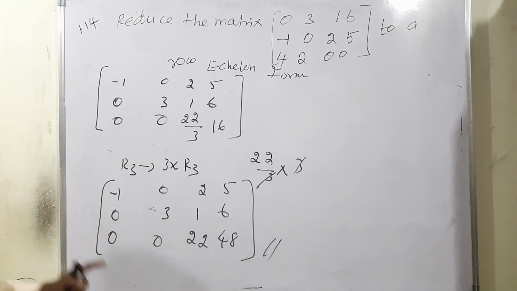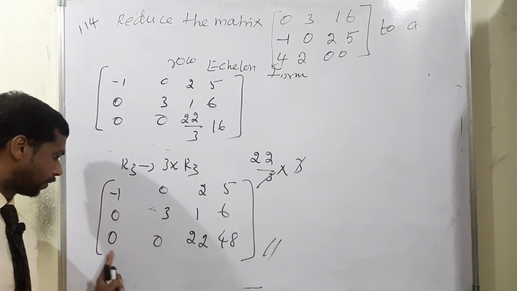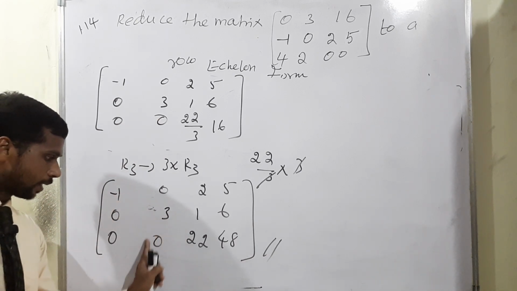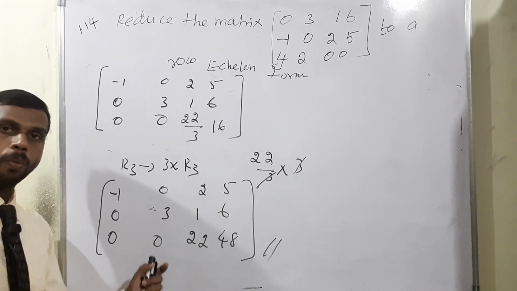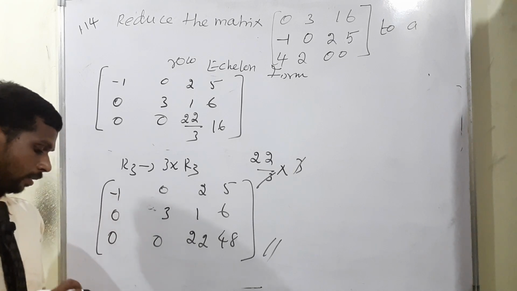Now we can say, no, row echelon form. Look at there: when starting the non-zero digit, under the term value will be 0. Then in the second row, 3 is there, under the term value will be 0. Right side number, that is not an issue, but on the left side no number should come. So this is the way, okay.